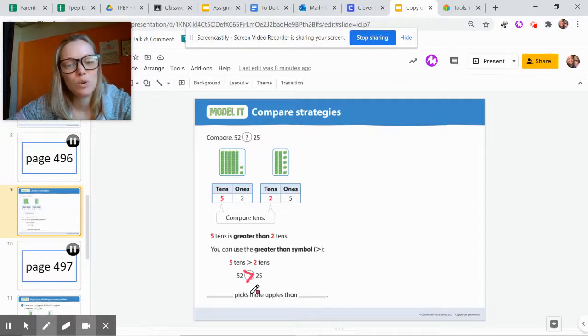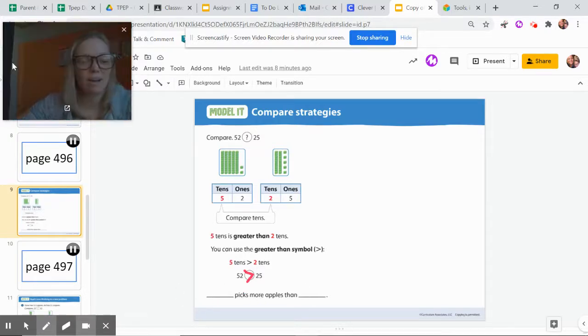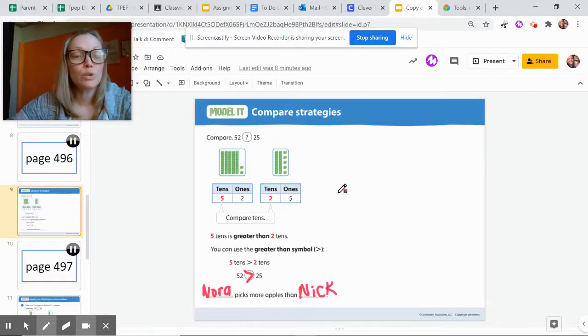And then we fill in who picks more apples. So Nora picks more apples than Nick, because she picked 52. So this strategy is teaching you that when you first compare numbers, like in our song, you start on the left side and you compare your tens first, the left side of each number, the left side of